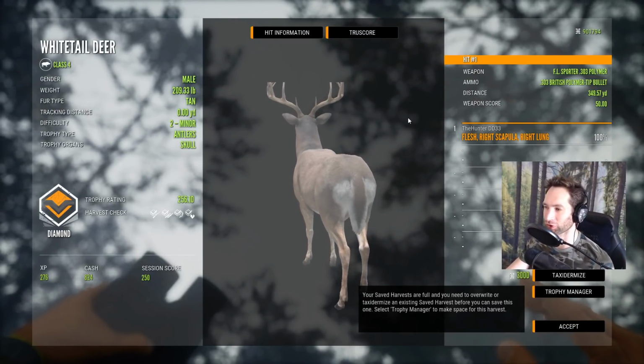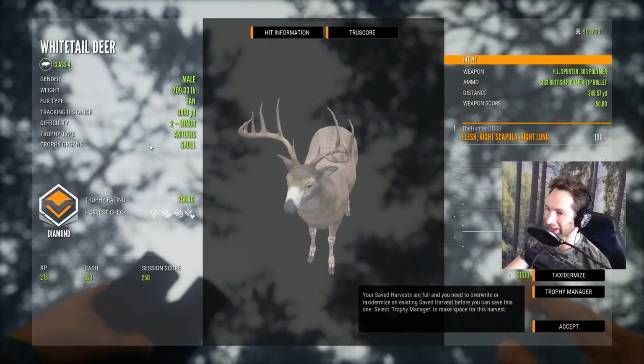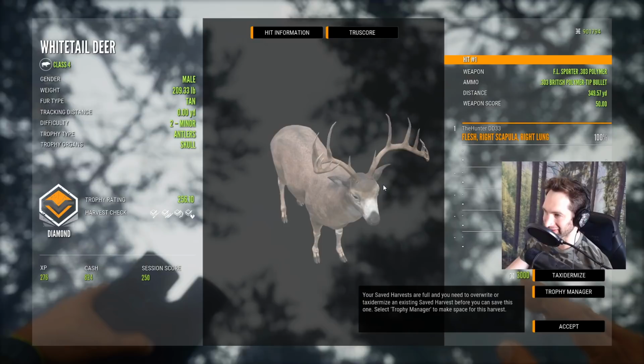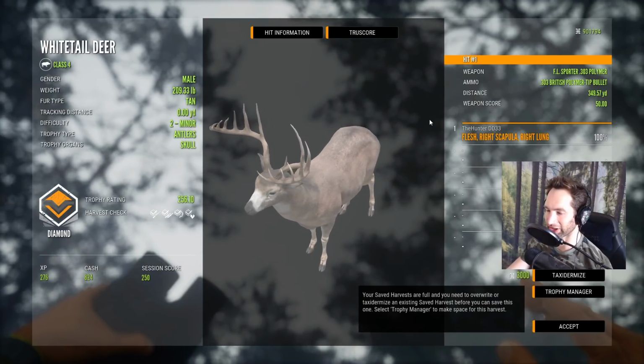256.10. We pulled off a shoulder blade right lung shot at 350 yards. That was quite a ways out there, and it was a bit risky. But honestly, I think we did a pretty good job. A giant whitetail buck down,